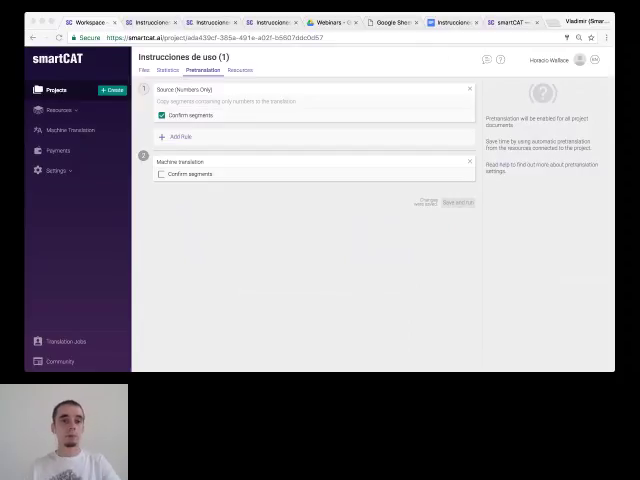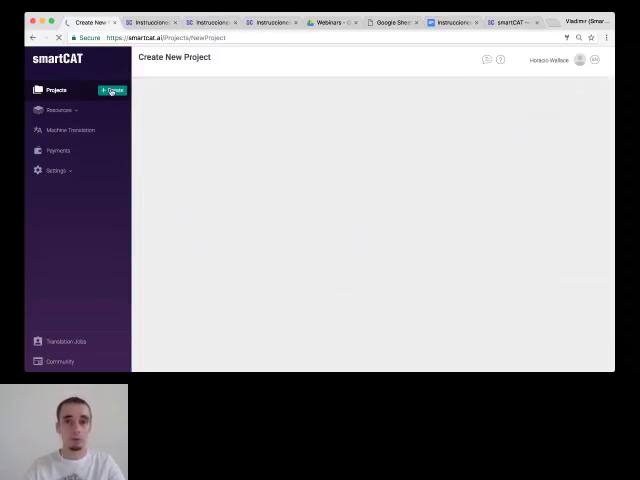Carl asks, is it possible to use Smartcat without any machine translation engines, only using your own linguistic resources, which you upload and include in the project? Of course, feel free not to use any machine translation. When you create a project, as I have shown, you have a checkbox that says machine translation. And as I said, when I translate, for instance,